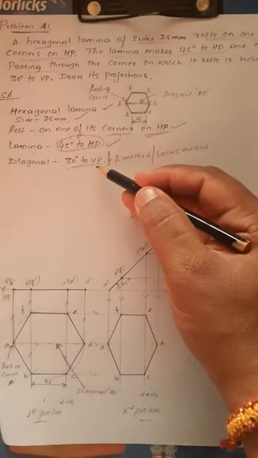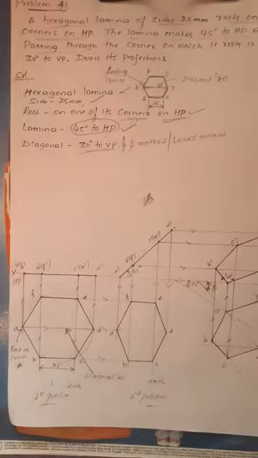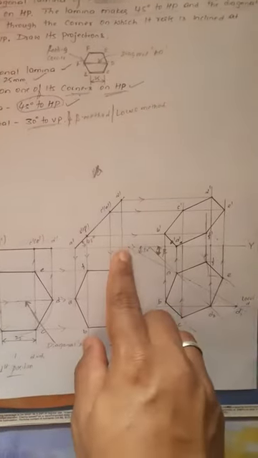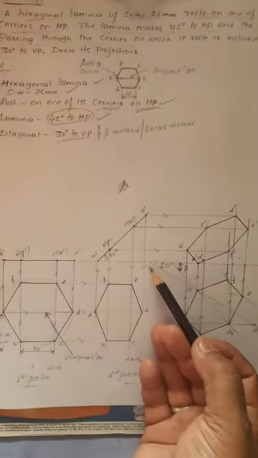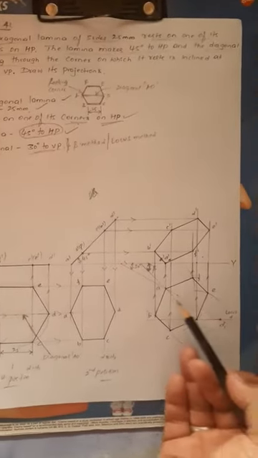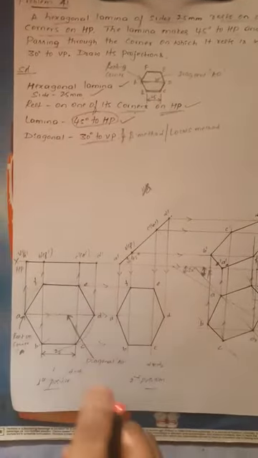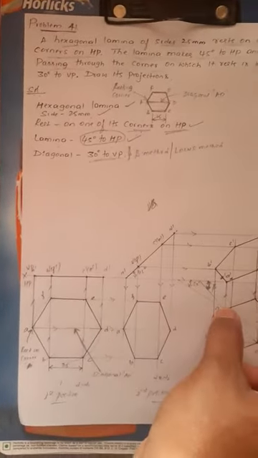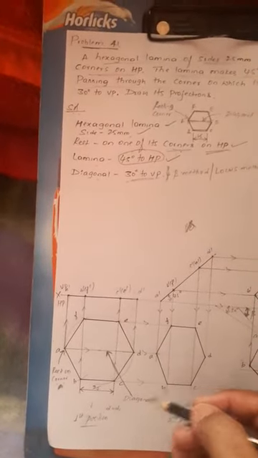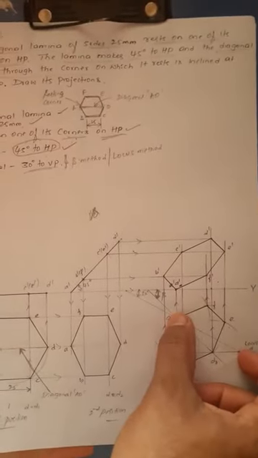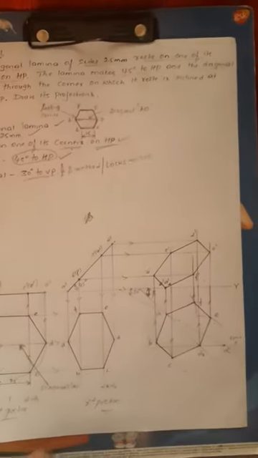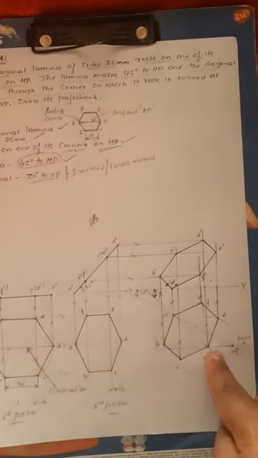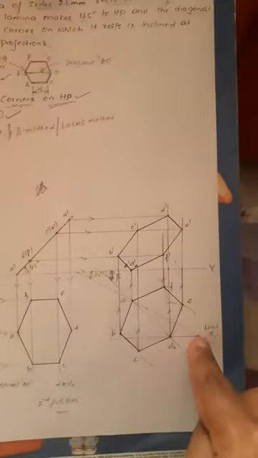The diagonal is at 30 degrees to VP. Now make the diagonal 30 degrees to VP. Draw a 30 degree line. On the 30 degree line, first take the first position of the hexagonal lamina, AD, and place it over that AD. Here D I'll name D1. Here D I'll name D2. Take AD1 on the 30 degree line, right? Then draw a locus of D1 or D2, which can simply be called the locus of D.